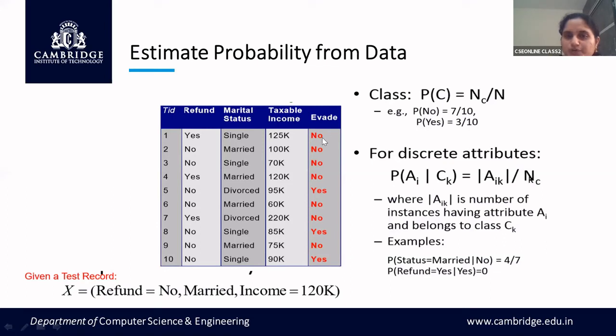First, find out the probability of the class label. How many of them are yes? 3 are yes. So 3 on 10, because there are 10 entries, is the probability of yes, and 7 on 10 is the probability of no. Next, we require only entries where refund is no. How many entries have refund no? 1, 2, 3, 4, 5, 6, 7 entries are there. Out of the 7 entries, find out no with no and no with yes. Solve it. I need to figure out whether you are able to follow this.